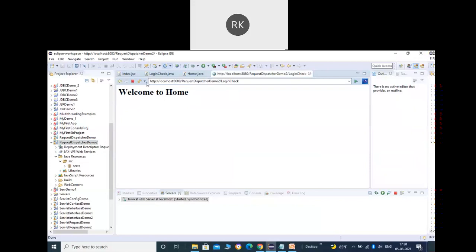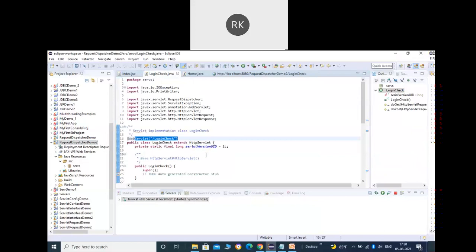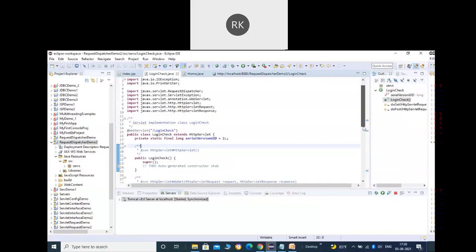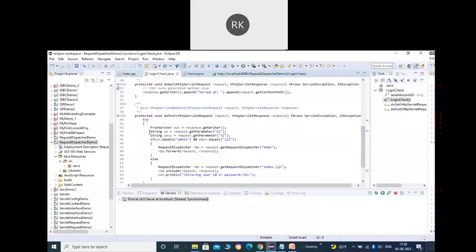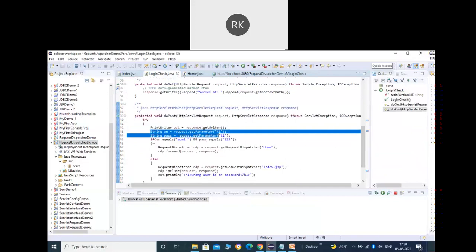Run as, run on server. Okay, so let me enter the correct one first. Let's say admin and 123.